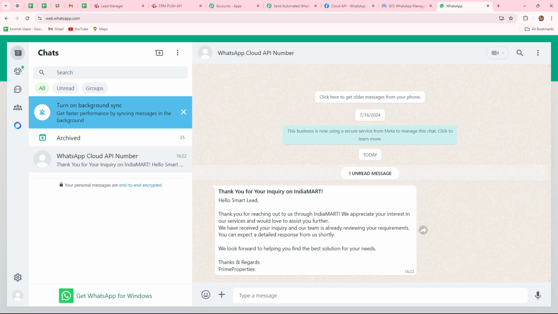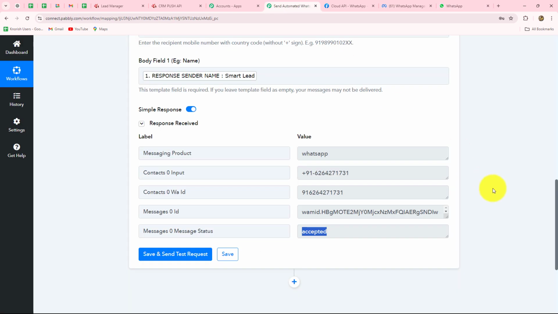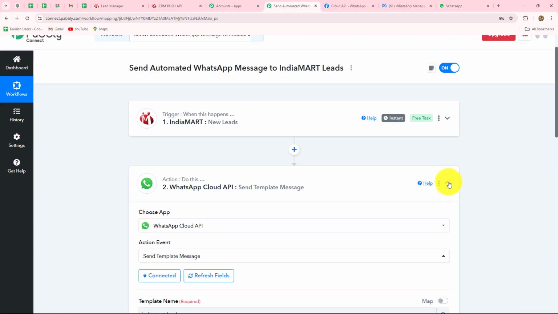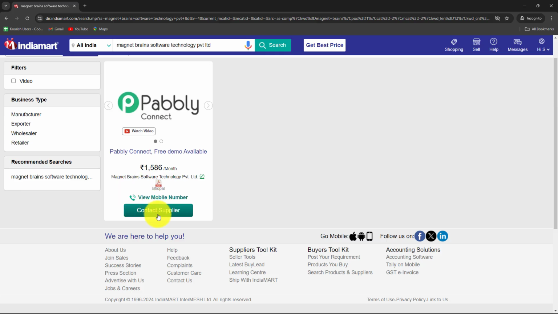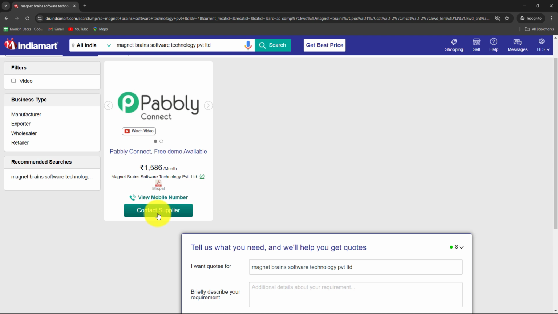Okay, now this means that our connection is absolutely successful. So now whenever a lead is generated through IndiaMART, a WhatsApp message will be sent to that same lead in the personalized format. Once we have set up the connection successfully, let's check whether the workflow is running fine or not. So I will open the IndiaMART account once again in incognito mode, and I'm going to send another response as a lead. Okay, so once again I've opened the account, and over here I'm going to click on contact